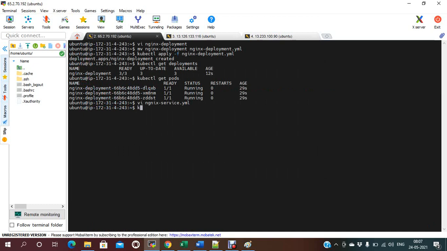Now kubectl create -f nginx-service.yml.